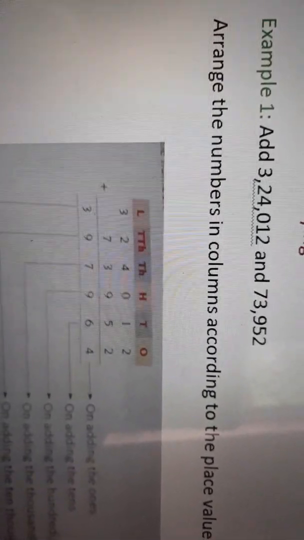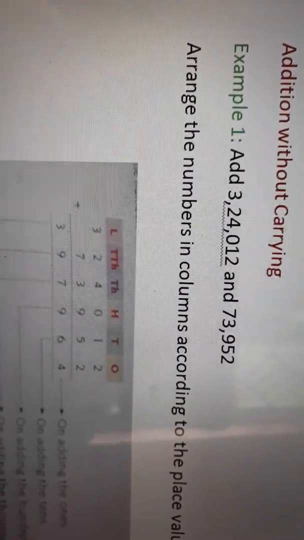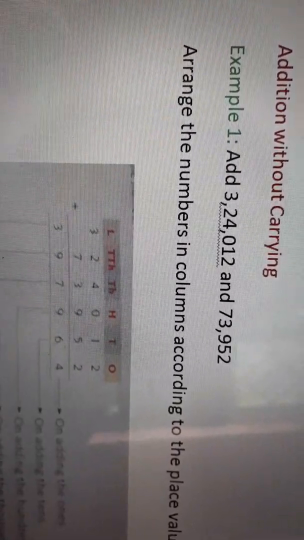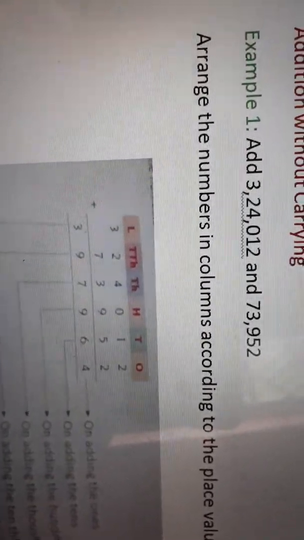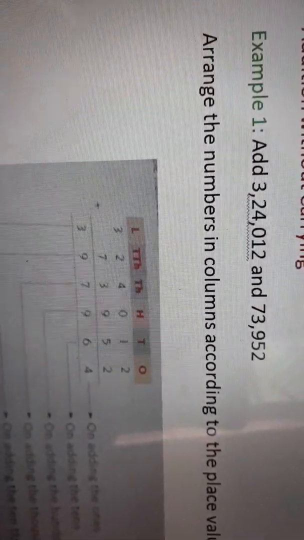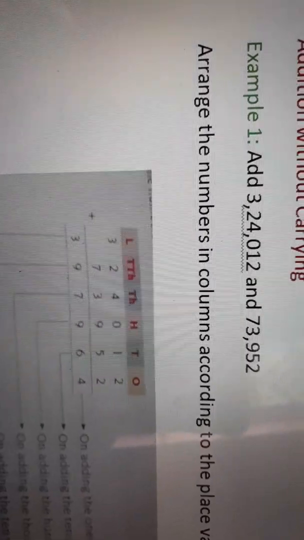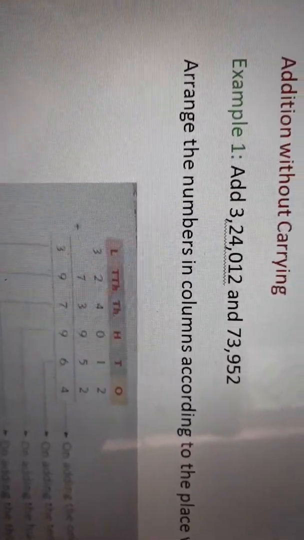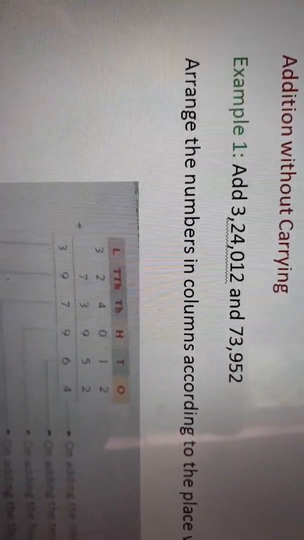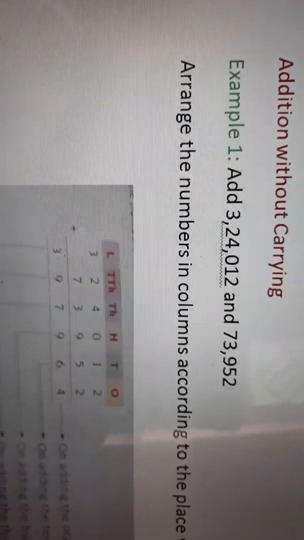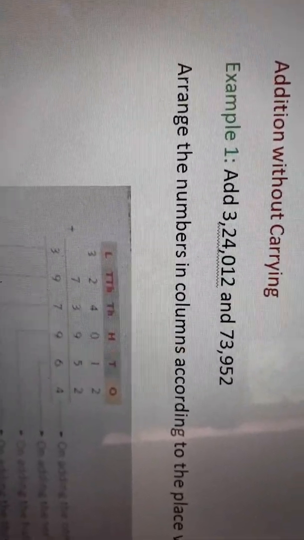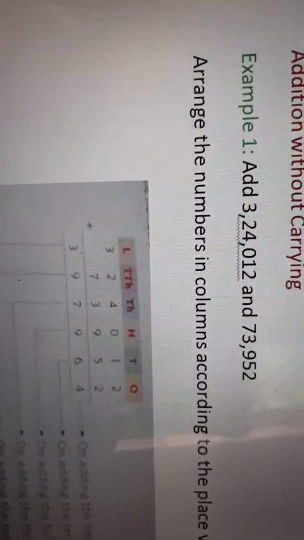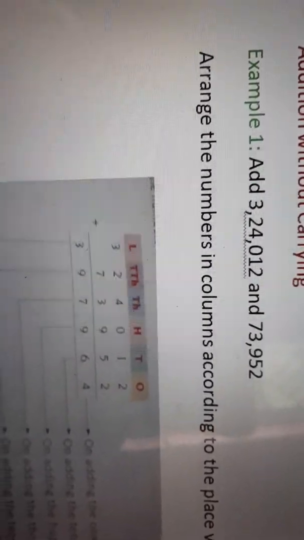The first number is 3,24,012. Here the 3 is in lakh place, 2 is in 10,000 place, 4 is in 1,000 place, 0 is in 100 place, 1 is in 10 place, and 2 is in 1 place. And the next number you also write in the same place value chart.